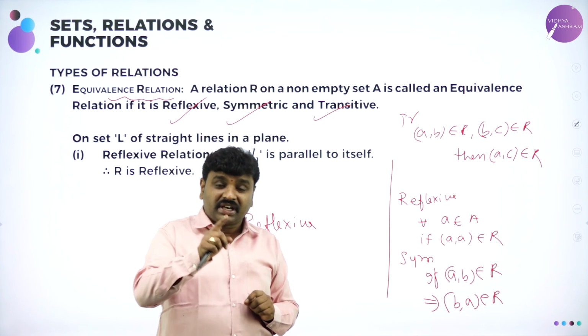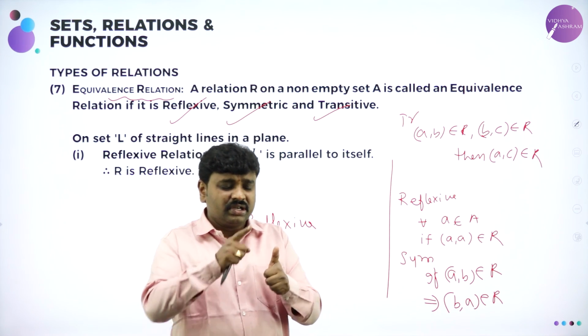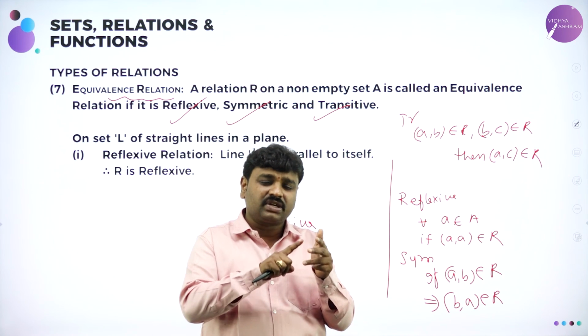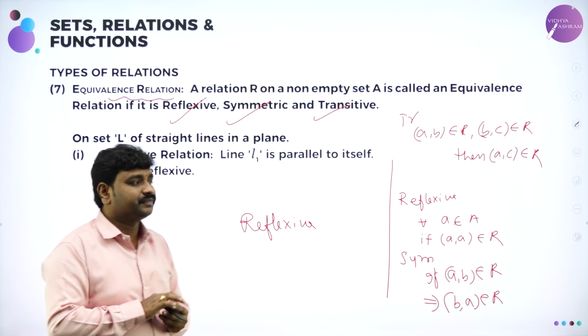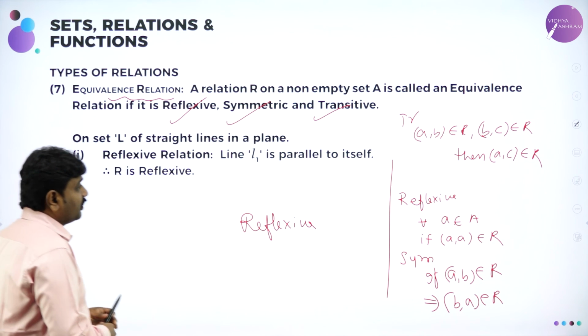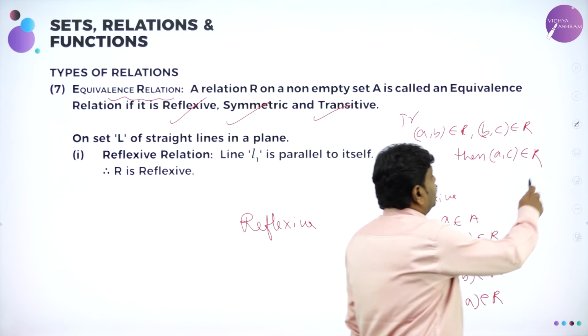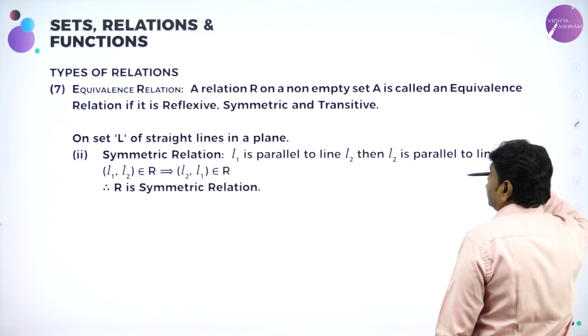If a relation is reflexive, symmetric and transitive, then we call it as what? Equivalence. For my next session, I expect you people to learn reflexive, symmetric, transitive, equivalence. These four are more than sufficient to do the problems. Please summarize all the relations and attend the session so that you can understand better.